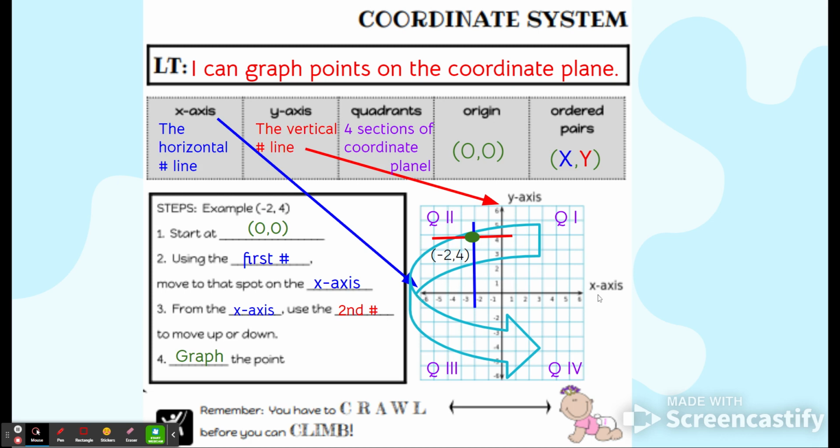Just always remember that this first number is the x, the horizontal number line, which is probably the first number line you learned too, right? And then that second number is on the y-axis, the up and down. So you have to move to both of those spots, and where that meets, right where they intersect, is the location of that point. And it's represented by this